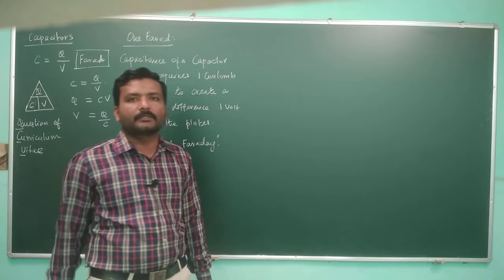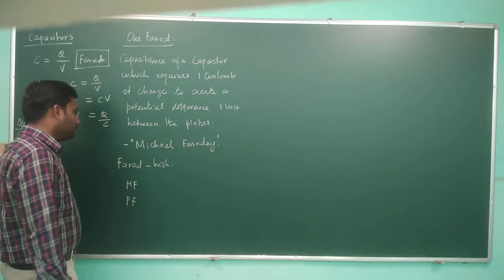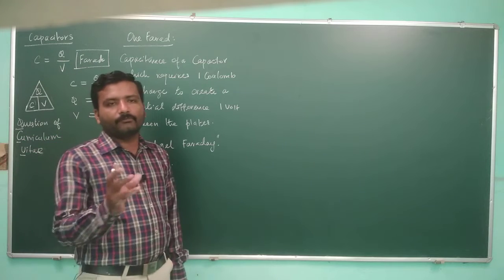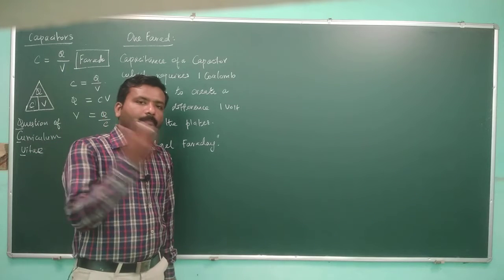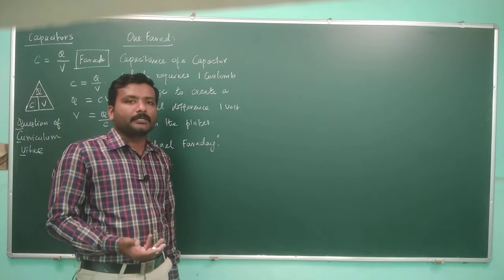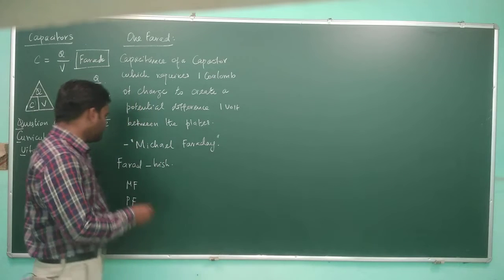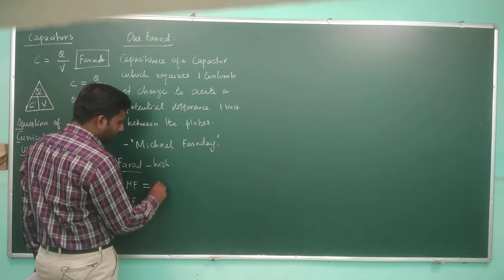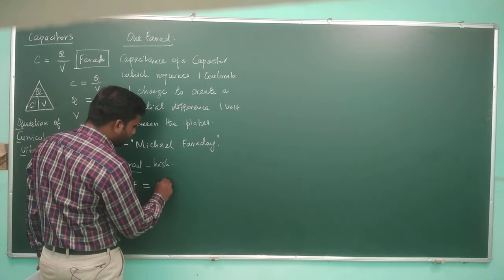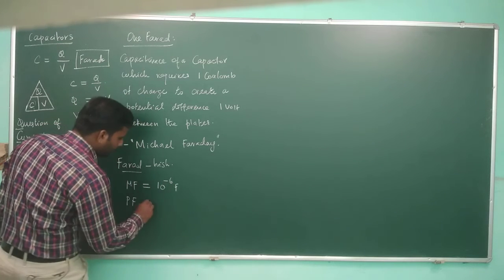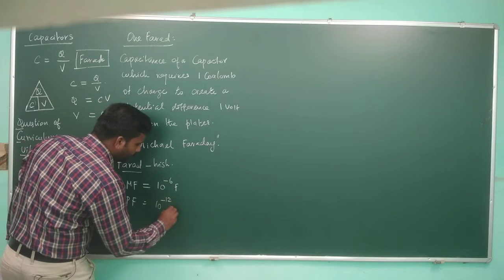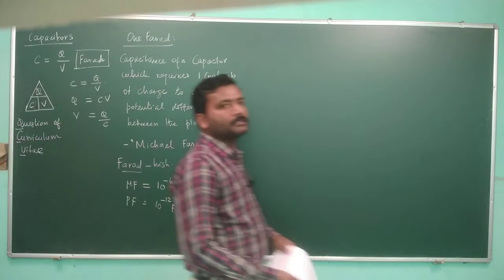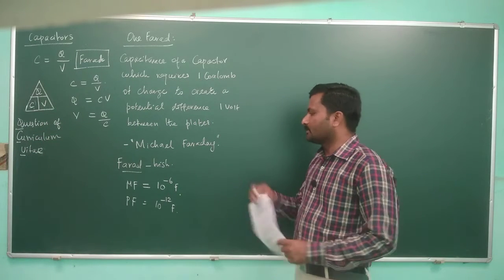In all this you will notice that the units are given in microfarad if you are considering the ceiling fan, or picofarad if you are looking at electronic components, which are lower than the defined value farad. You can write microfarad as 10 to the power minus 6 farad, and picofarad as 10 to the power minus 12 farad. These are the commonly used capacitors in practice.